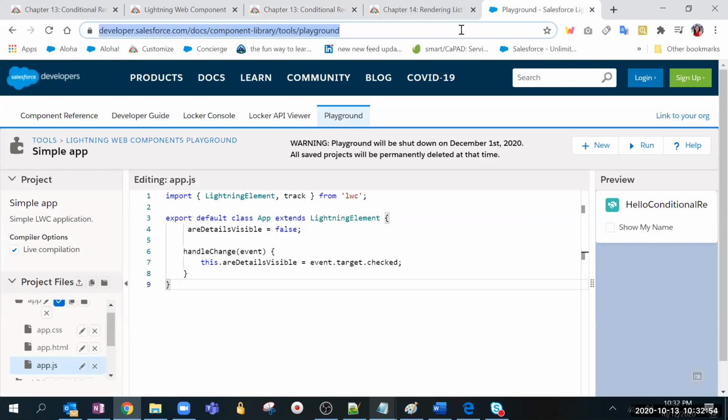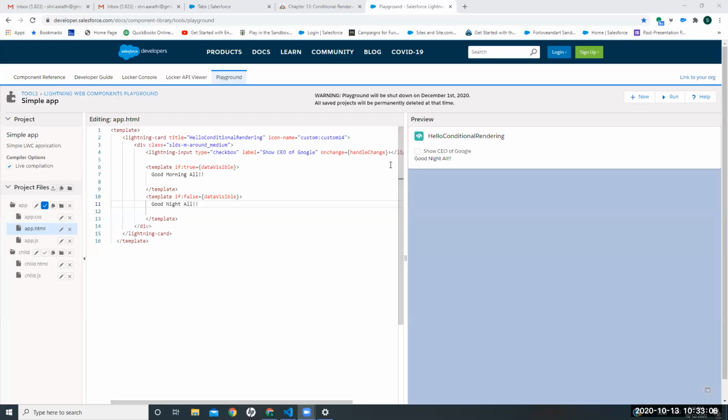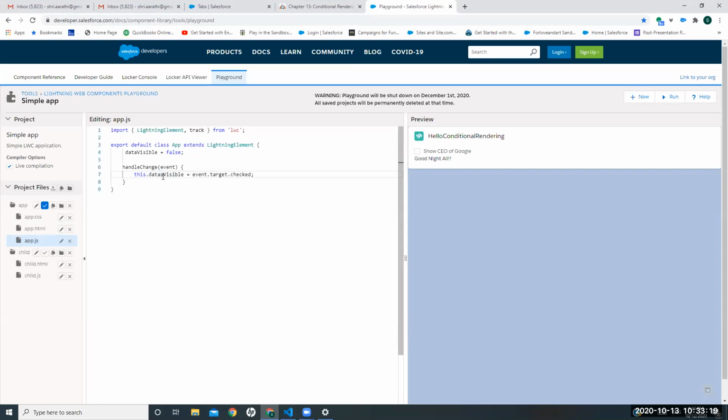Shruti, yeah. I added template if true here. So when it comes to opening the sheet, shall I share my screen? Yes. Here it is false. It has to change, right? If true, good morning all should come. See, the JS.